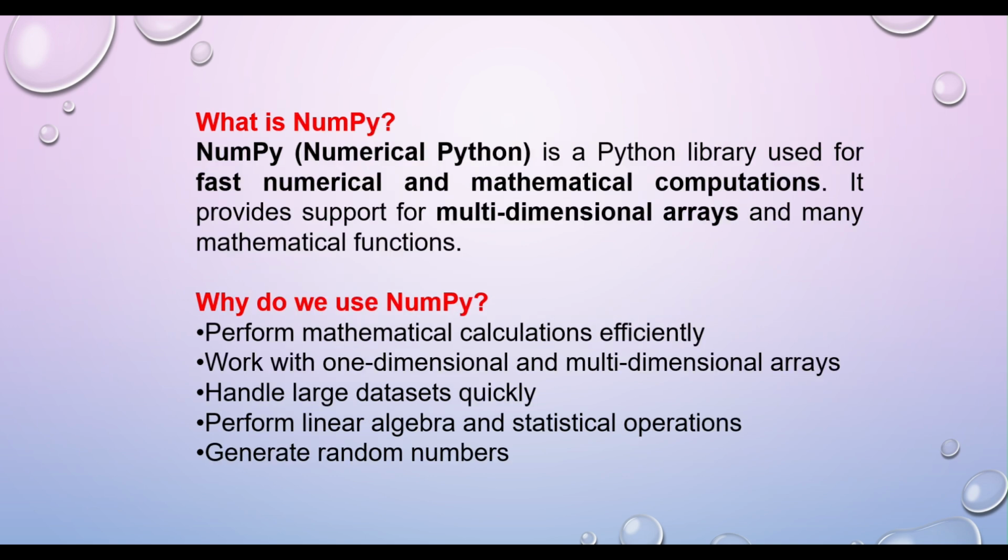What is NumPy? NumPy, Numerical Python, is a Python library used for fast numerical and mathematical computations. It provides support for multidimensional arrays and many mathematical functions. Why do we use NumPy? Perform mathematical calculations efficiently. Work with one-dimensional and multidimensional arrays. Handle large datasets quickly. Perform linear algebra and statistical operations. Generate random numbers. Before we begin, it's also helpful to have a basic understanding of common data structures such as